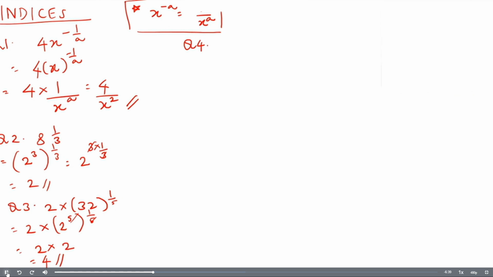Next question. 4 divided by 32 the whole cube. This has to be written as 4 divided by 2 to the power 5 into, sorry, this is not 3, this is